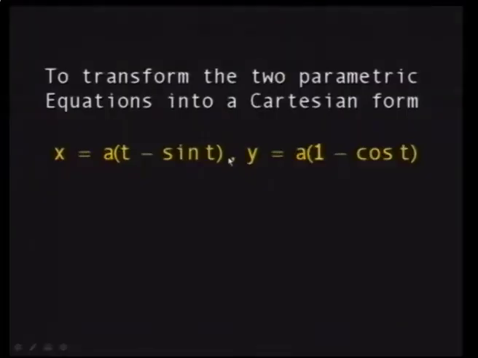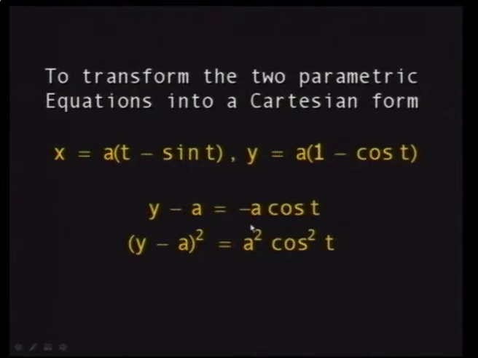For example, to see this, we want to witness here how complicated is the way or the steps in which we seek to transform this equation into an implicit one. First of all, we expand this. You have y minus a is equal to minus a cosine t. Then we square both sides. Then we expand y minus a squared to obtain y squared plus a squared minus 2ay is equal to